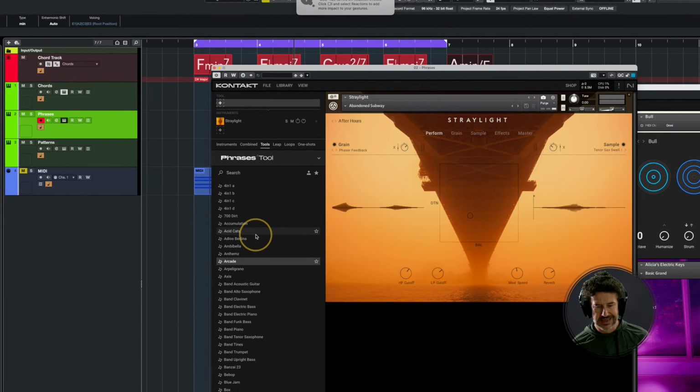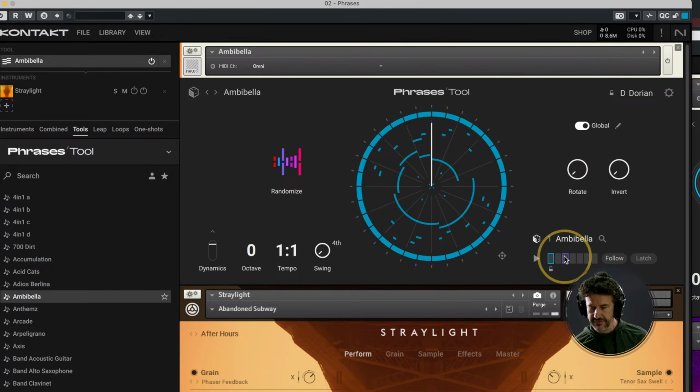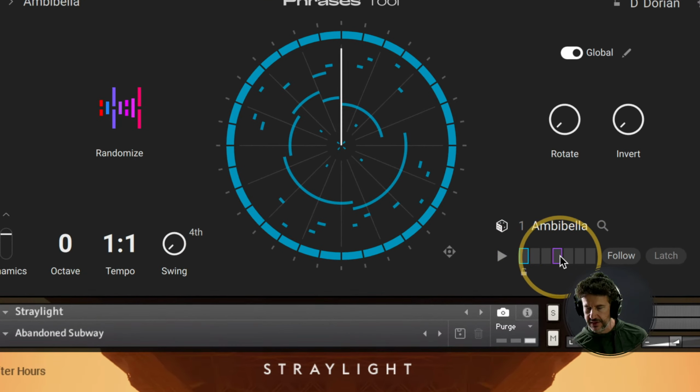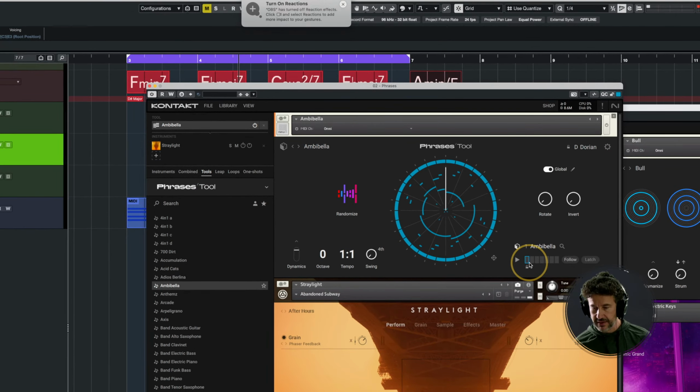And again, this is a set of phrases. So if you load one up, you're basically getting a set of phrases, and you see a similar sort of layout here, right? You're getting 7 phrases, and depending on which key I play on the keyboard,